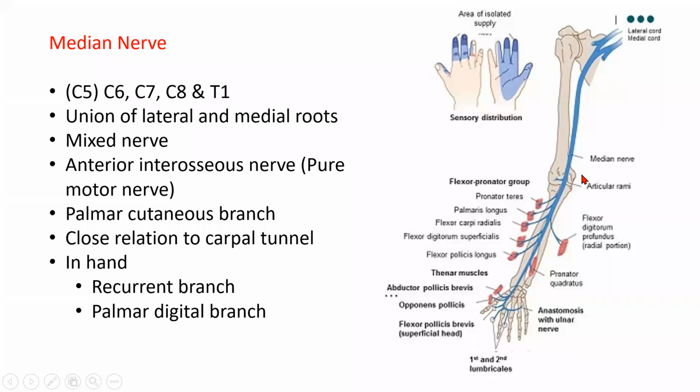And it enters into the forearm by traveling between the two heads of pronator teres, and then it gives supply to all these muscles. Now, if you recollect the anatomy, the forearm muscles are divided into two by some textbooks and three by others, like superficial and deep. Some textbooks say there is an intermediate group, which is formed by the flexor digitorum superficialis. Now, all the superficial group of the anterior forearm muscles, except flexor carpi ulnaris, which is supplied by the ulnar nerve, are supplied by the median nerve. All other muscles are supplied by the median nerve.